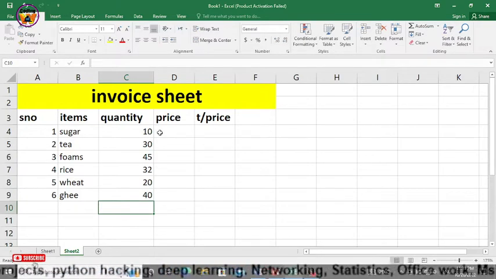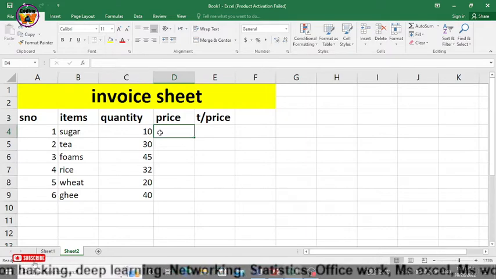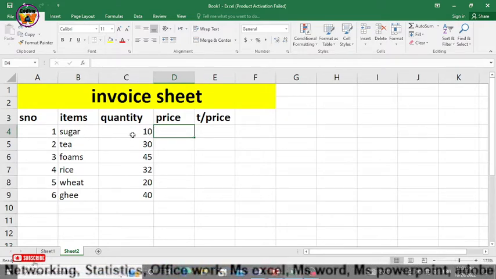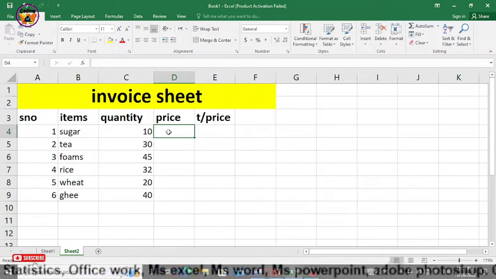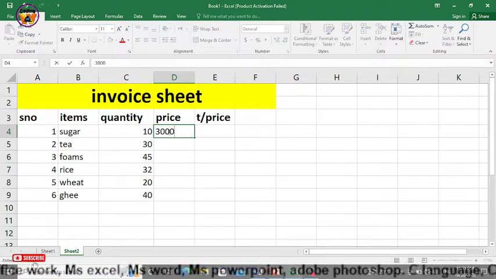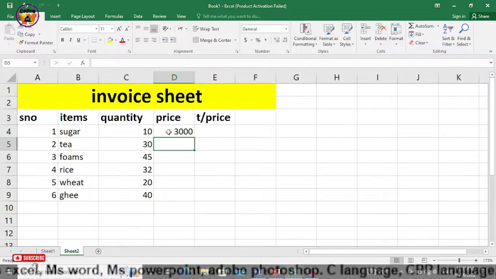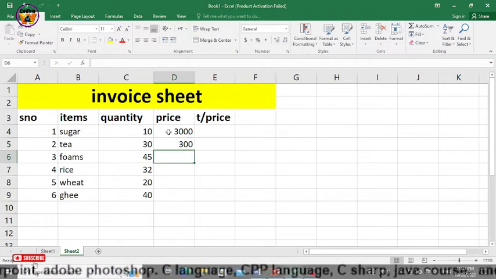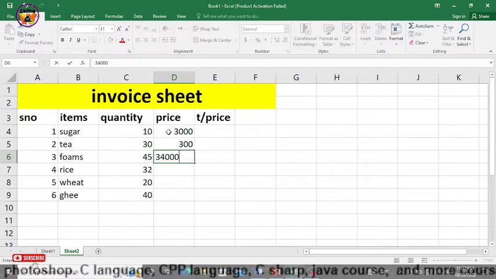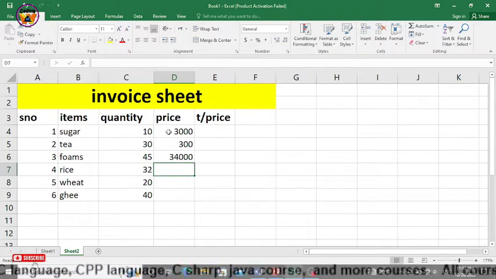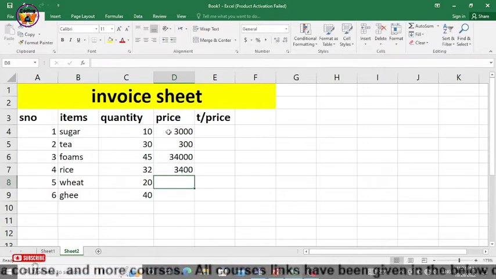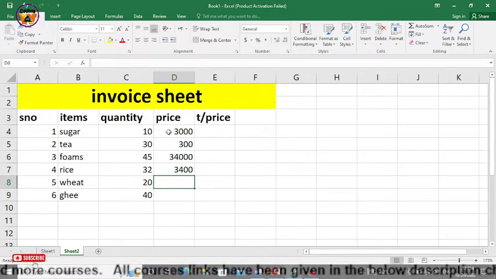Okay, now let's give a price. Now we have 10 bags of sugar. Each bag must have a price. So let's say that each bag has a price of 3000, and each packet of tea has, let's say, 300, and foam, let's say, 44,000 for each foam. Okay, now let's say rice 34,000 for each bag, and wheat let's say